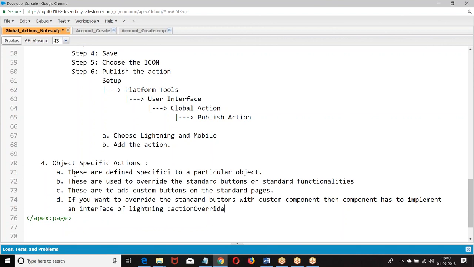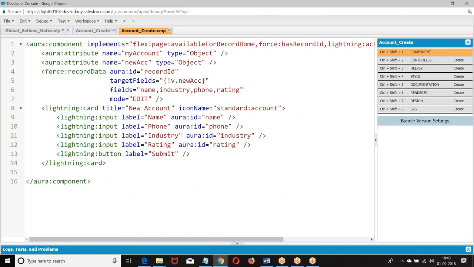The complete functionality we have not seen. How to override: when you click, the page is coming, then what you want to do with that page is the custom functionality, right? I hope you are good with this. Let me create this.